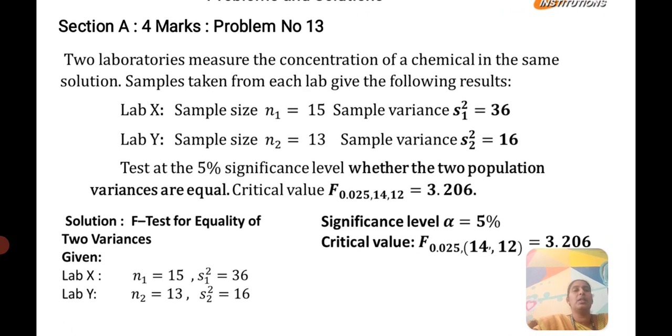Two laboratories measure the concentration of a chemical in the same solution. Sample size N1 equals 15, sample variance S1 squared equals 36, N2 equals 13, and sample variance S2 squared equals 16. To calculate the F test, we have S1 squared by S2 squared, 36 by 16. If we calculate it, we will get